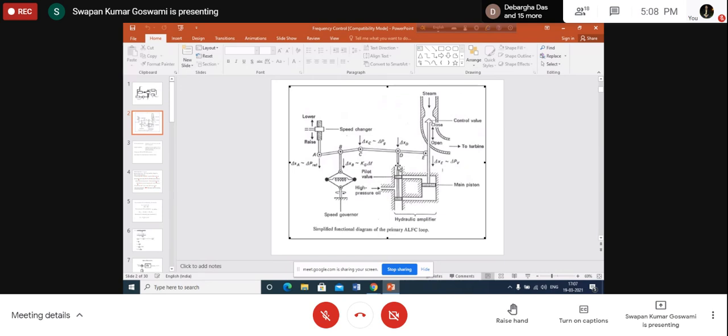Similarly, when C is kept fixed somehow, and if E moves, if oil moves here, then E also will be moving. So when E moves downwards, keeping C fixed, then D also will move down.